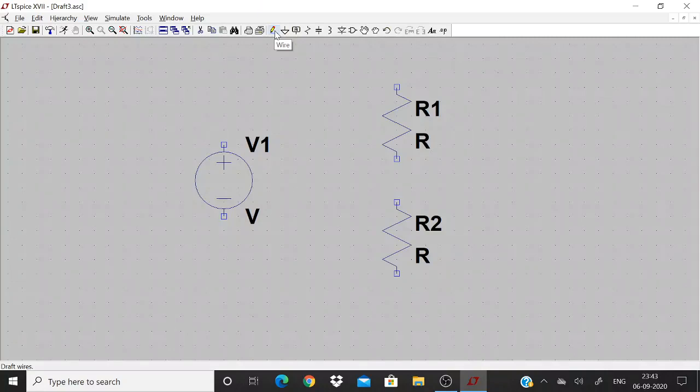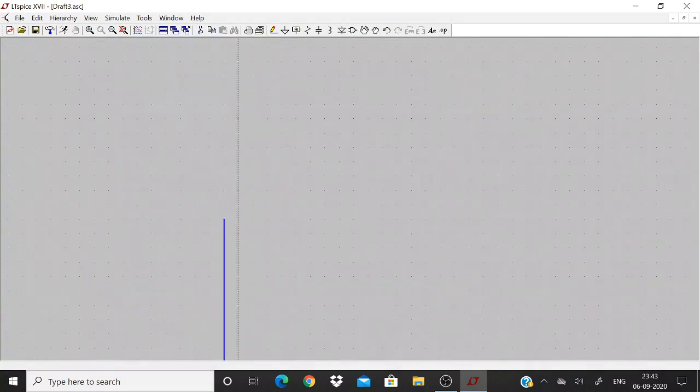Now I have to connect all these components. I can do so by using a wire. From these icons, I select the icon for the wire. I click at one particular point and just move, and at the corners I have to click to stick.